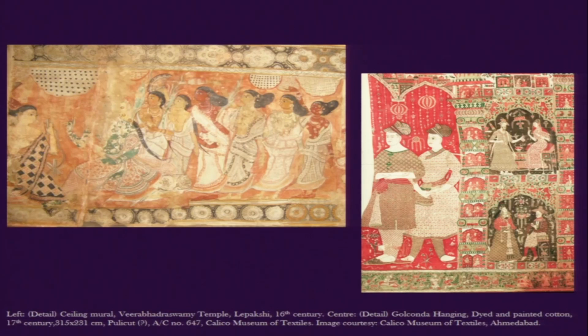Now, another thing we find in these Lepakshi murals is the register forms, in which we see broad borders, and in the middle of the border there are narrative scenes which continue. It is almost like a scroll, but one can also argue that it is very much like the temple hangings we have in Kalamkari, in which the entire piece of textile is divided into horizontal registers with a central panel. That kind of compositional arrangement is very much there in this temple mural of Veerabhadra Swami.